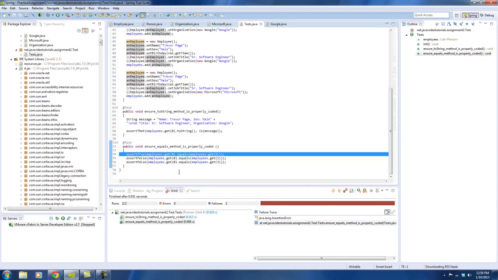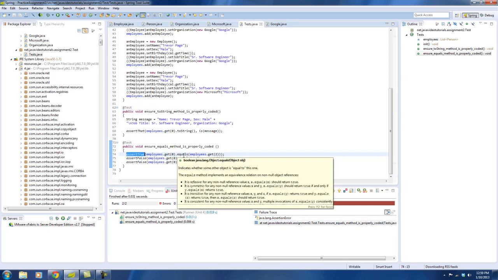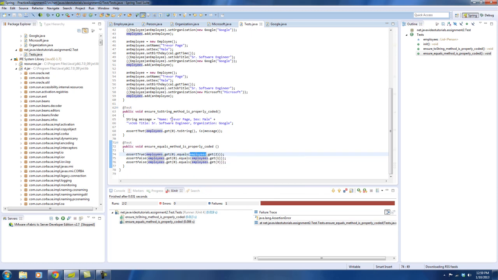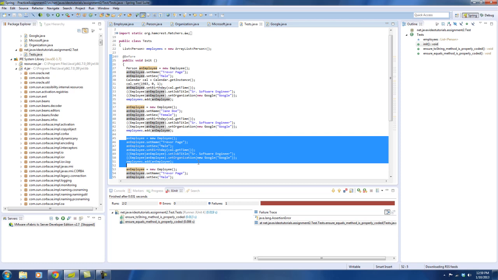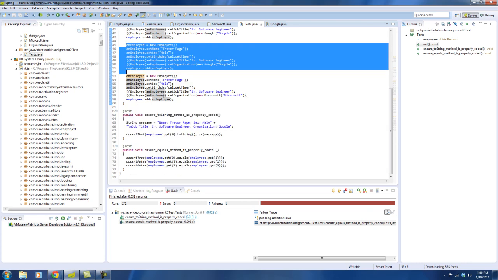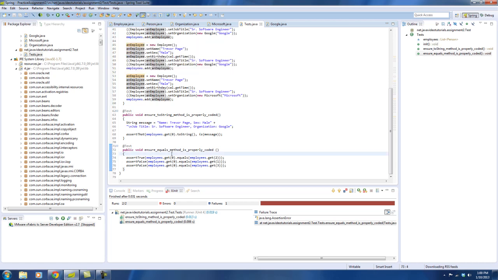So why is it that when we say get 0 dot equals get 2, it's saying it's not working? This is returning false. Why? These two are equal to each other, right? We see that they're exactly the same stuff. Well, the reason for that is that the default implementation of the equals method checks the actual objects in memory. All right, so perhaps a neat little trick that we can do here is to say, let's do a